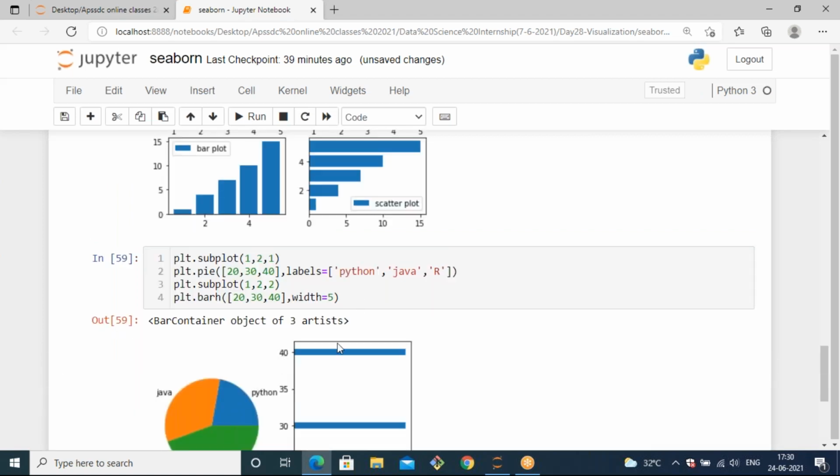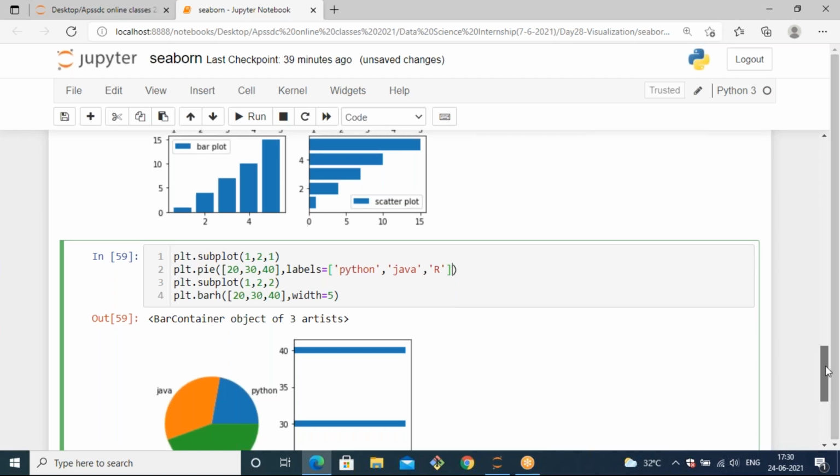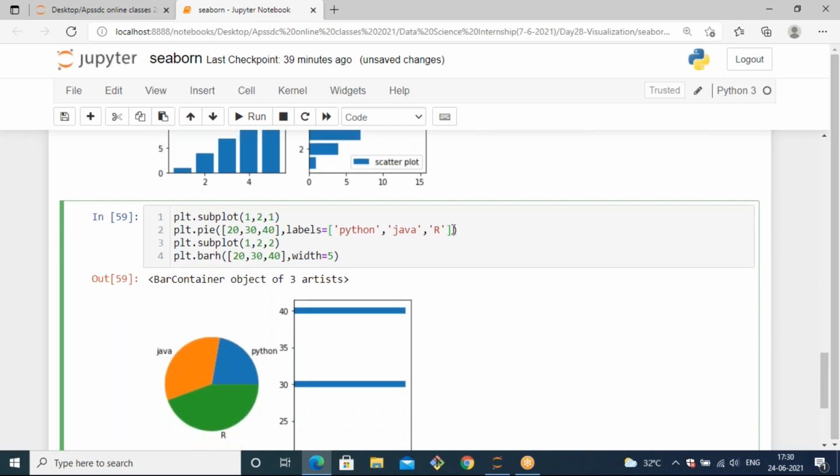Now you will get the labels on it. If you want to mention a color also, you can specify it in the bar graph, and in the pie chart also you can specify the colors. Now if I want to change the color of the bar graph, you can use the color parameter, color equals, and you can specify the list of colors with respect to the length of data.